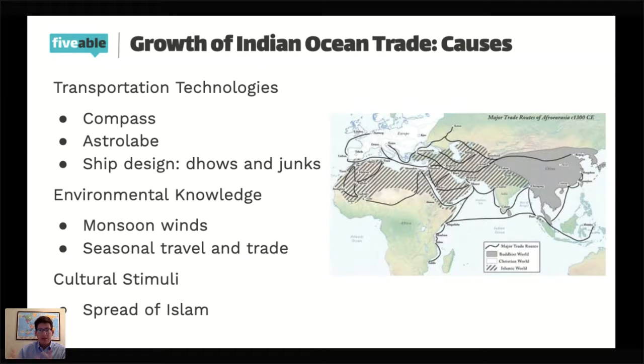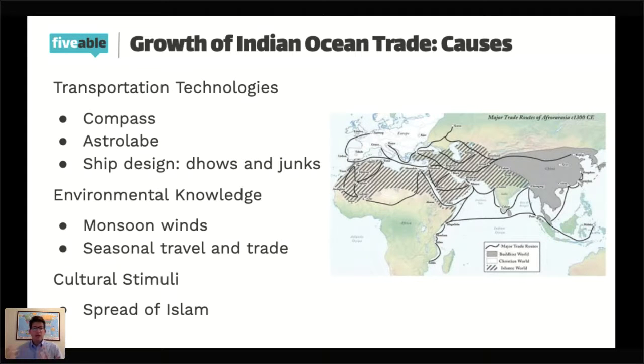Of course, Arabia being the home of Islam. The Delhi Sultanate eventually takes hold in India, which was a Muslim empire in India. And Islam also spreads into Southeast Asia as far as Indonesia. Of course, today, Indonesia as a modern nation state is the largest Muslim country in the world by population, by number of Muslims. So it's kind of interesting to see how Islam can spread from its base in the Arabian Peninsula all the way to Southeast Asia, and have such a large footing there.